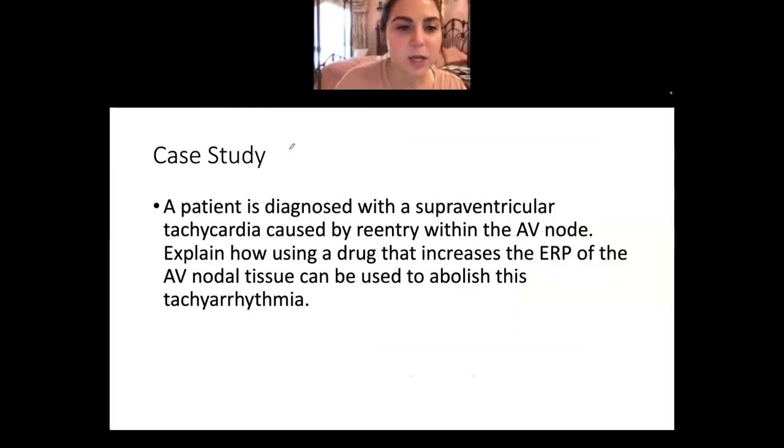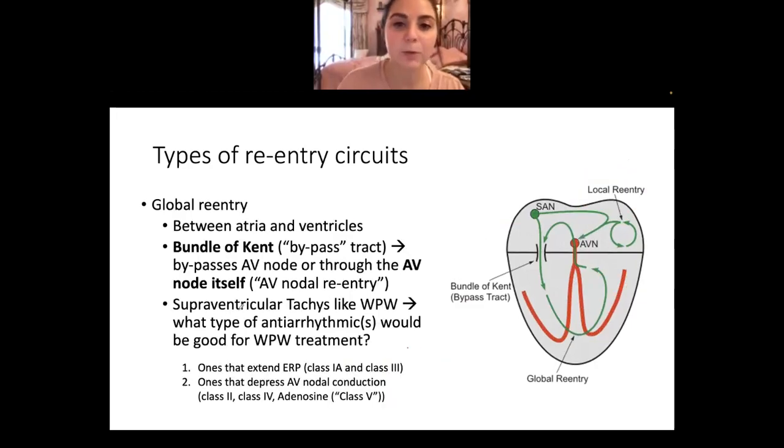So my question for you guys is, a patient is diagnosed with a supraventricular tachycardia caused by a reentry within the AV node. So we're in the AV node specifically. So remember, like I said, when we're in the AV node specifically, it tells you it's an AV nodal reentry arrhythmia. So an AVNR